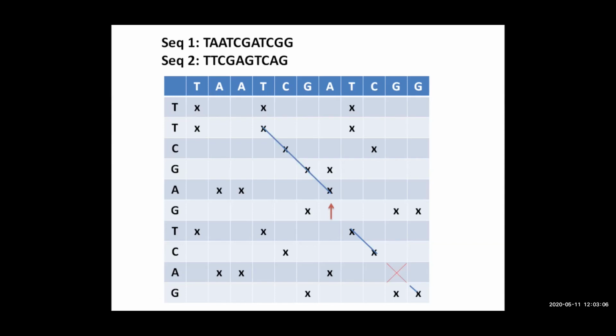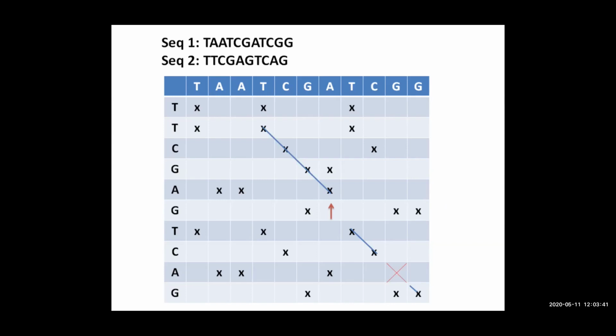The dot is not visible to you very clearly. That's why I'm putting a cross here. So it is called dot matrix because we put a dot here in the graph paper. So you see T to T is matching, so we put a dot. Here also again T to T matching, there is a dot. But here T to C not matching, so we will not put any dot. No matching up to this. Here there is another match T to T, we are putting a dot. Similarly, we will go to the next column, see where there are matches, and wherever there is a match, we will put dots. It is very simple.